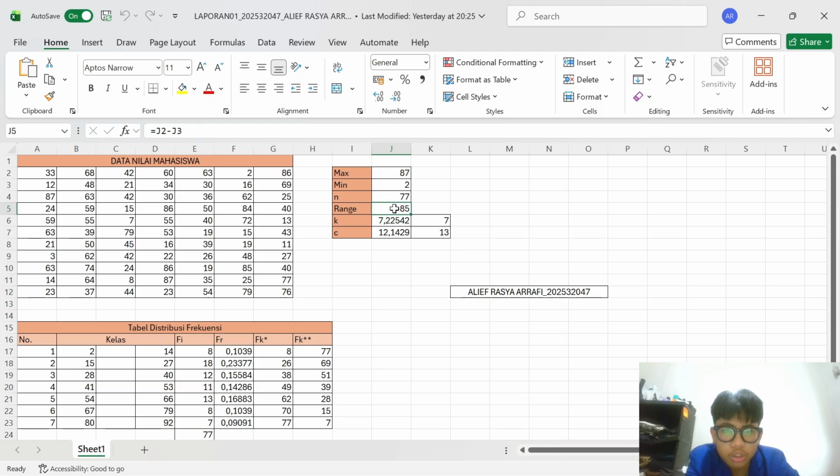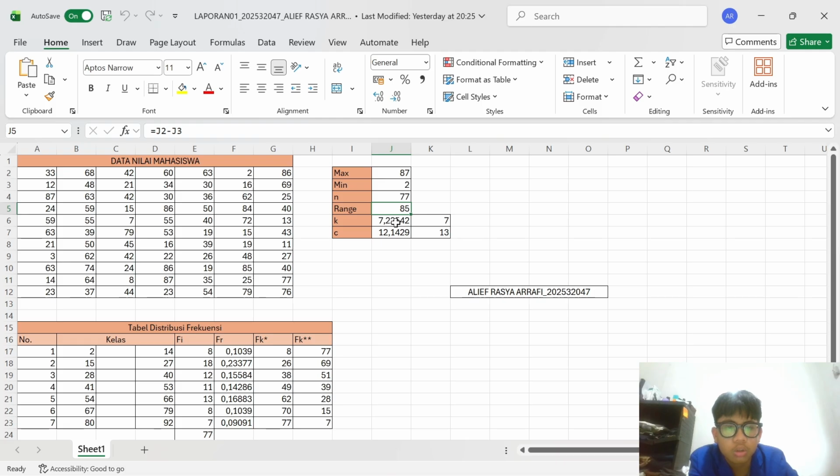Next is range. This is the difference between max and min, so we use data max minus data min, and the result is 85.